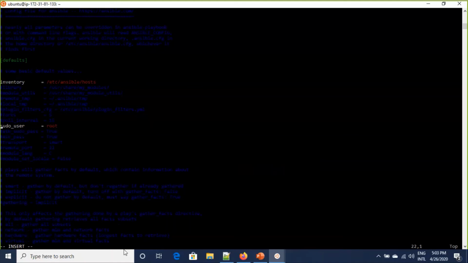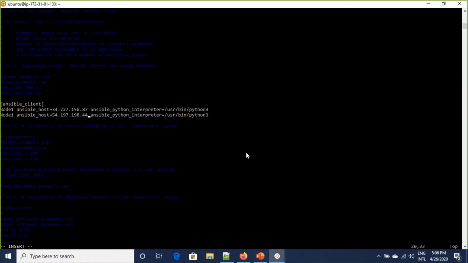Then Ansible Python interpreter, which is the path of your Python package, which is /usr/bin/python3. And you can save it.